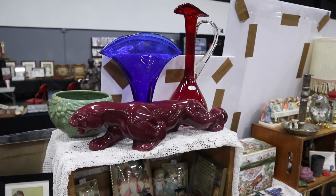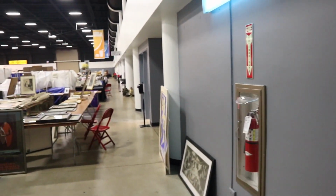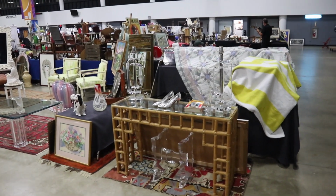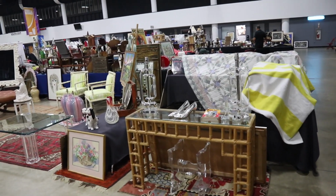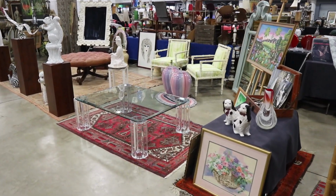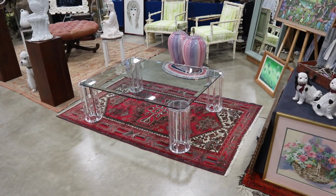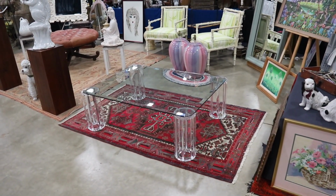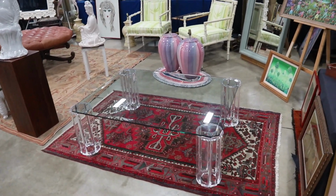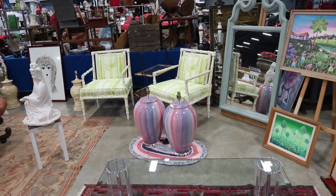Now we're going to take a look at what other people have. There's a sign of the times, and you can see they are all down the hall, all those little black stanchions. We do see furniture at West Palm Beach because a lot of people come down for the season and they're snowbirding, so they're looking for furniture this time of year. These Lucite columns are holding up a large sheet of glass being used as a large coffee table. That's going to be 1980s,